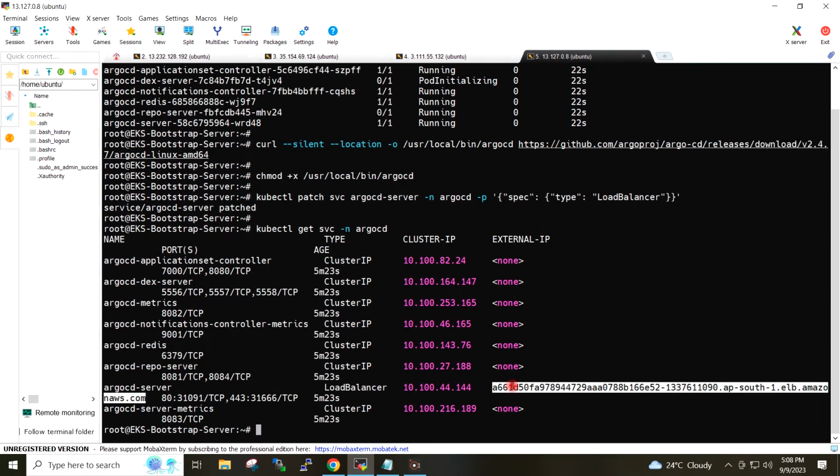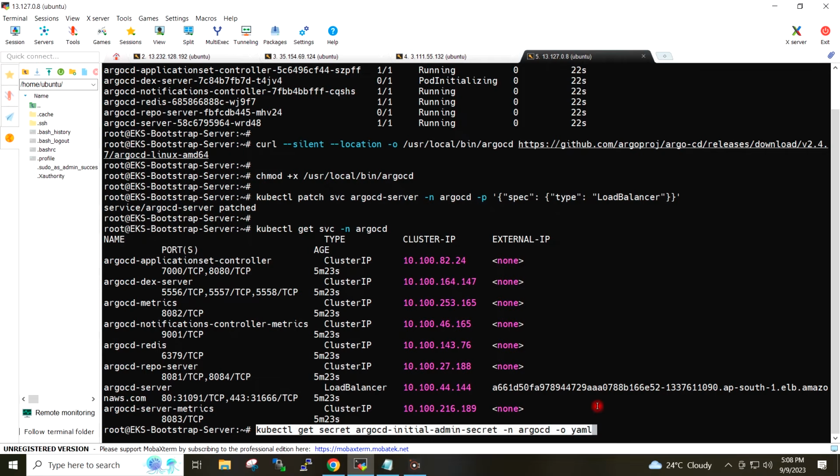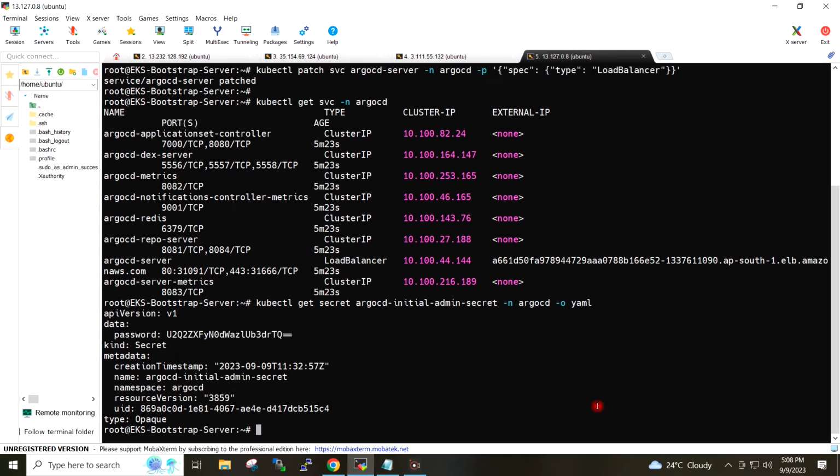We can access the Argo CD cluster with this URL, but before that we need to extract the password for the Argo CD. So I will give the command to get the password. Now we need to decode it.